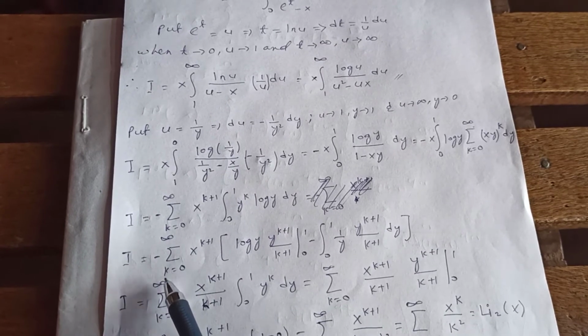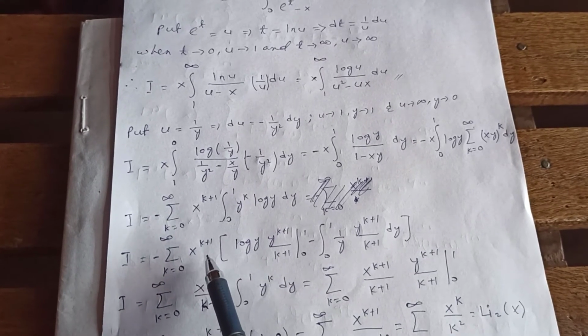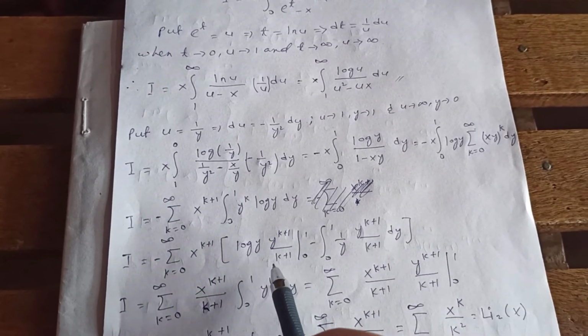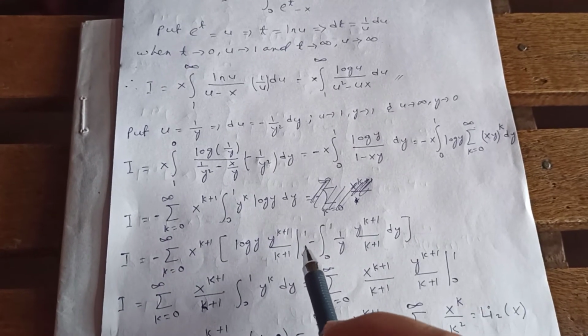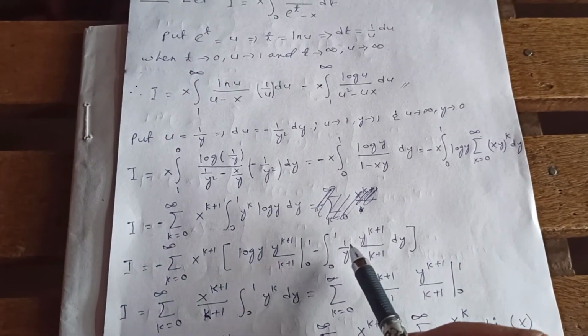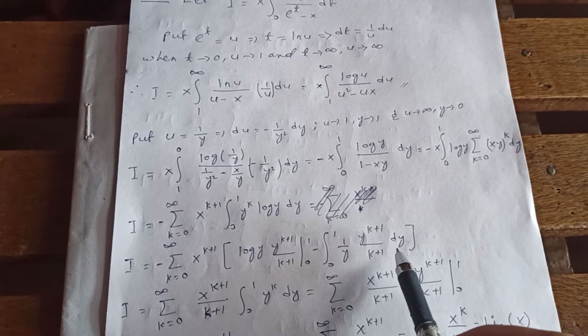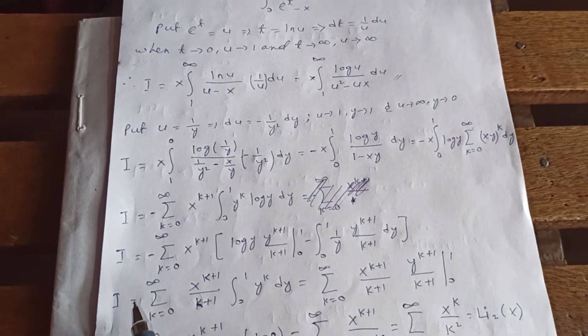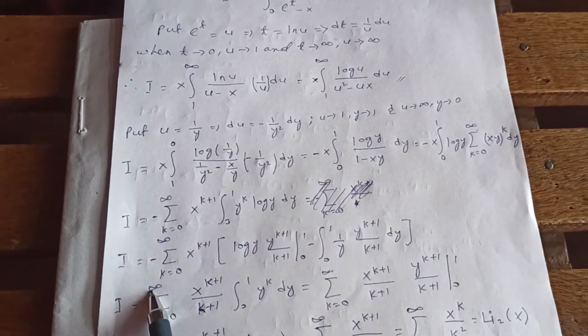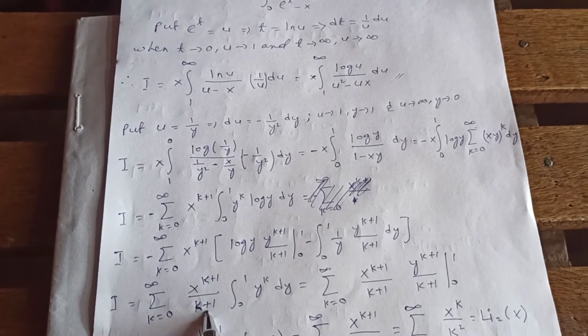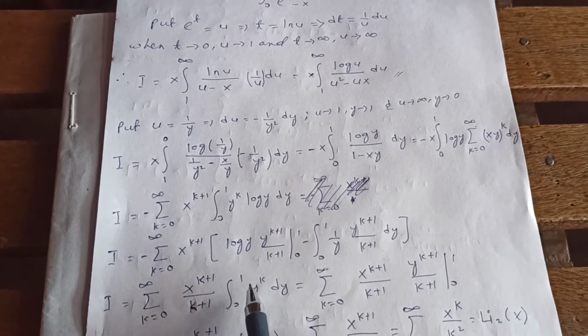I is negative sum from k equal to 0 to infinity of x^(k+1) times [log y times y^(k+1) over k+1 from 0 to 1, minus the integral from 0 to 1 of y^(k+1) over k+1 dy], which gives I equal to the sum from k equal to 0 to infinity of x^(k+1) over k+1 times the integral from 0 to 1 of y^k dy,